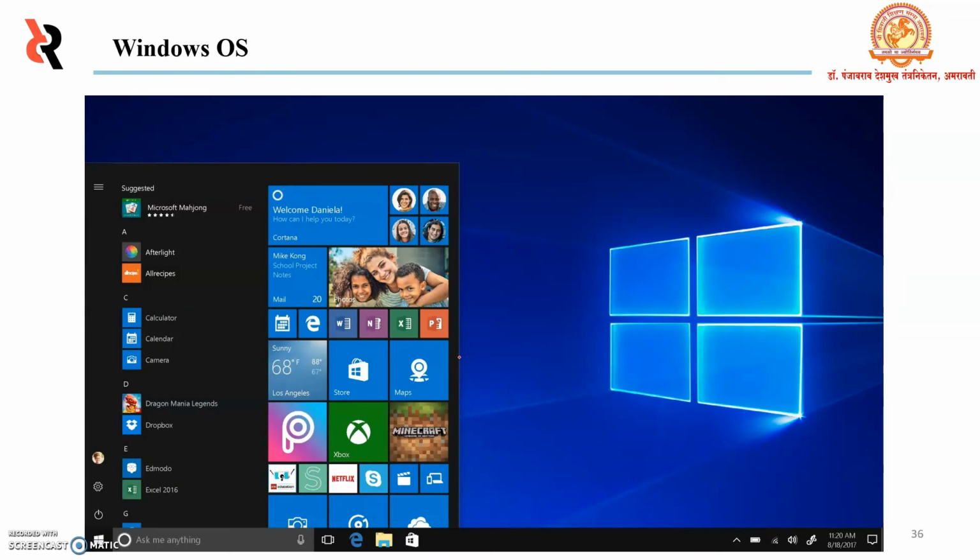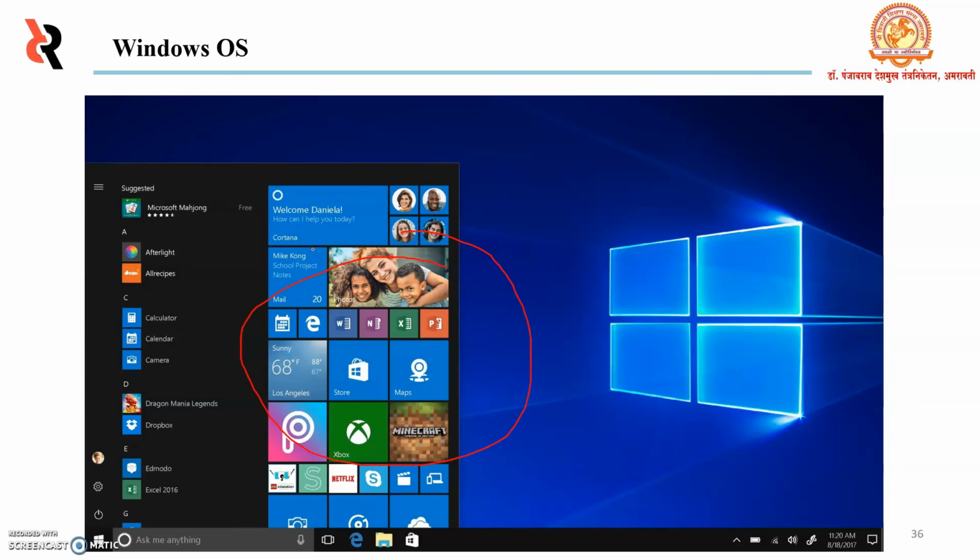Let us see the operating system Windows. Windows is a series of operating systems developed by Microsoft. Each version of Windows includes a graphical user interface with a desktop that allows users to view files and folders. Microsoft Windows is designed for both home computing and professional purposes.